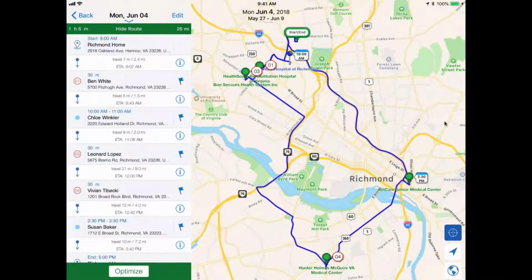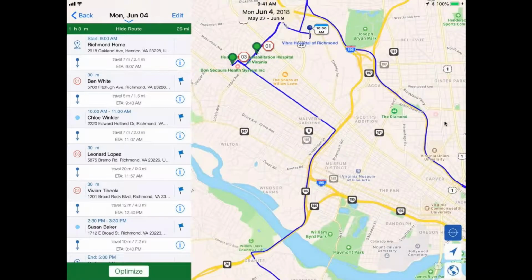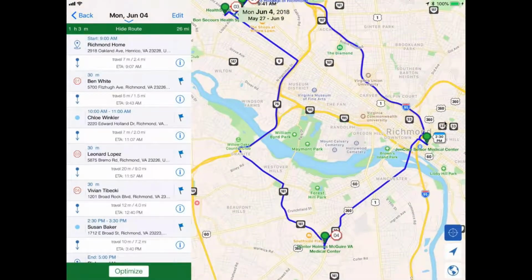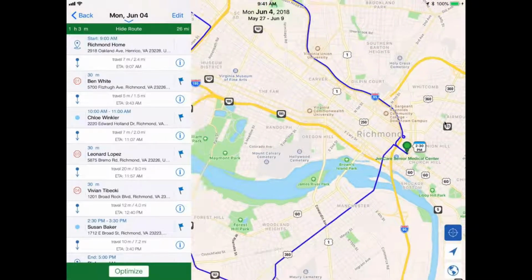So if I scroll to the top, I can start from my home, and I can actually get one of those drop-in visits in before my 10 a.m. appointment. So that's what it's showing me. I can go to my first stop and then go back to my 10 a.m. appointment and then carry on. It's created almost a loop for me. I can get the third drop-in visit, go down south to the fourth, and then circle around to my 2:30 appointment.